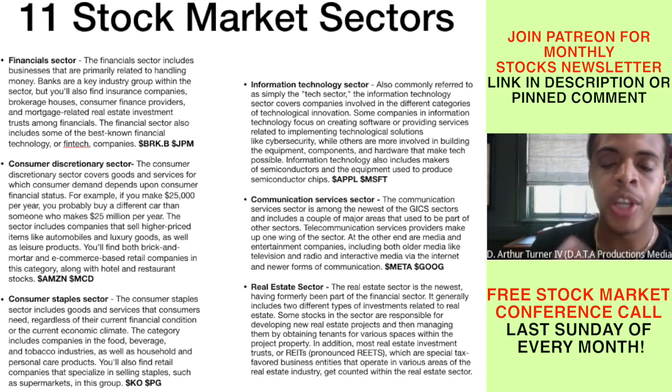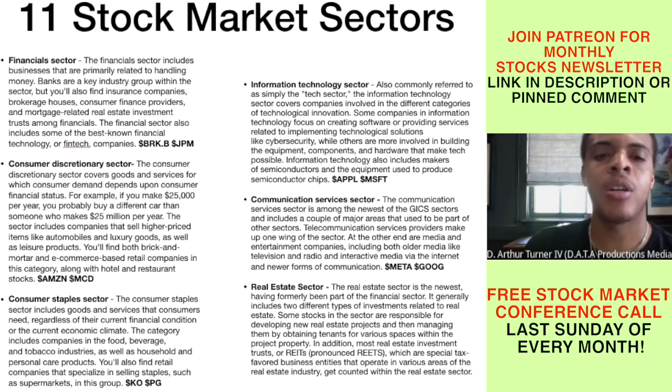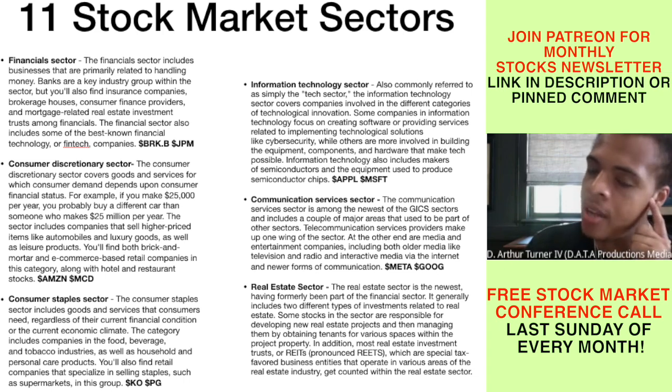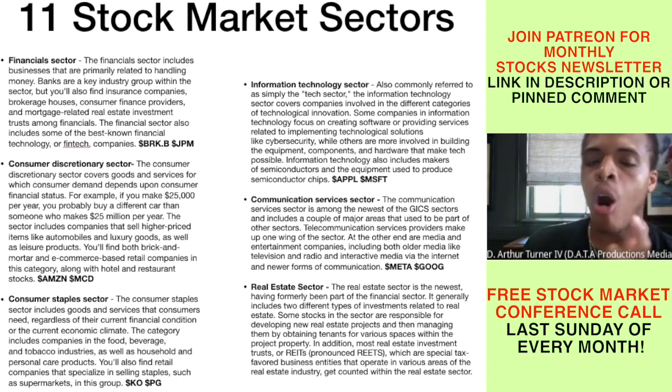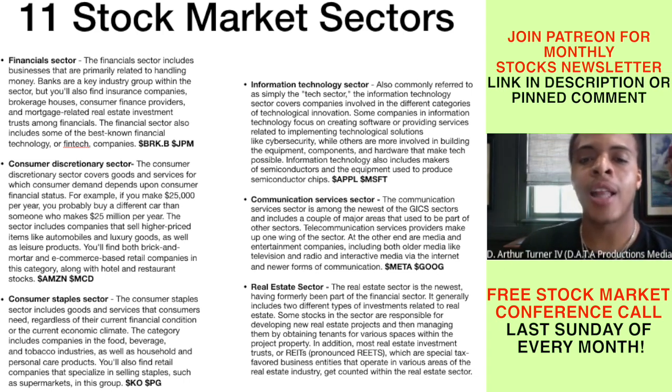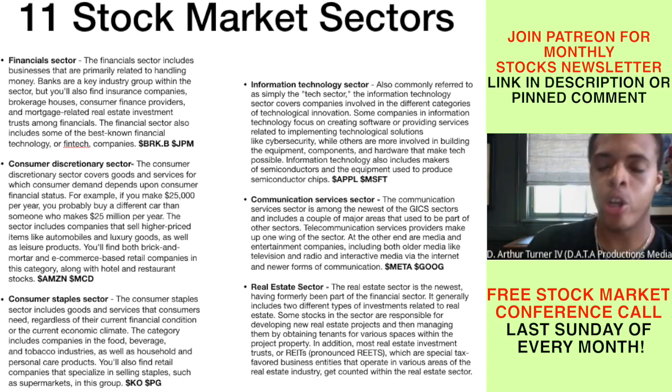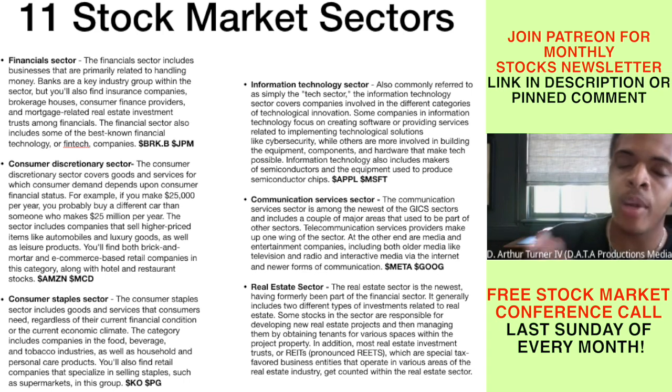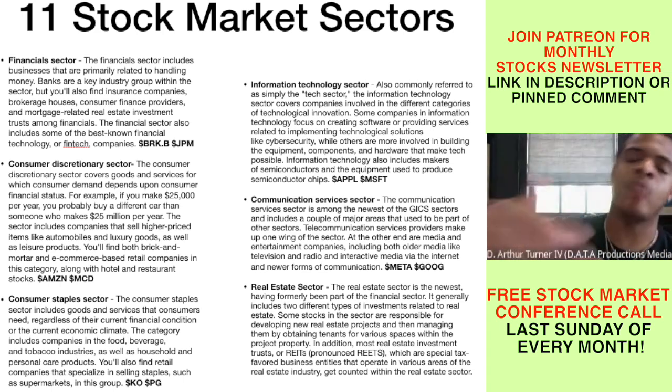All right. So this was a good breakdown of the 11 stock market sectors. Remember the Global Industry Classification Standard, the GICS, however that is said. So that's the first portion. And keep that in mind when you're investing in companies. Are you spreading your allocation of money out properly? Are you too heavy in one sector? Are you too light in another? All right. Make sure you have a good balance and make sure you understand what you're investing in.